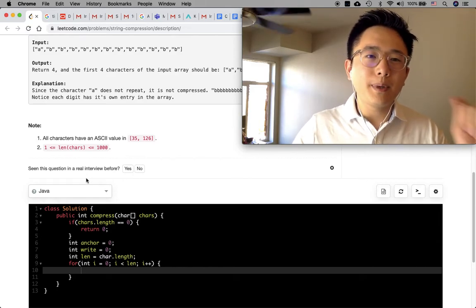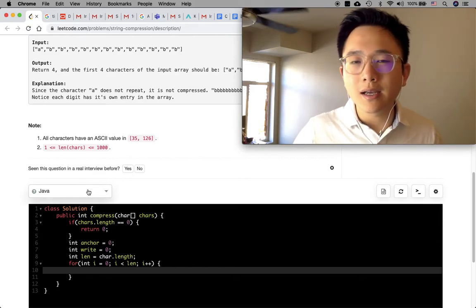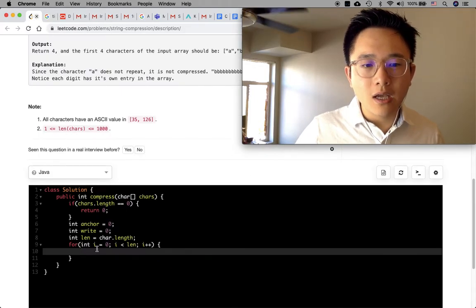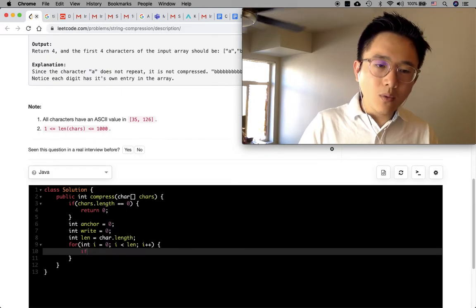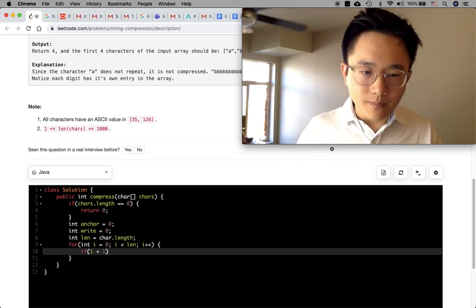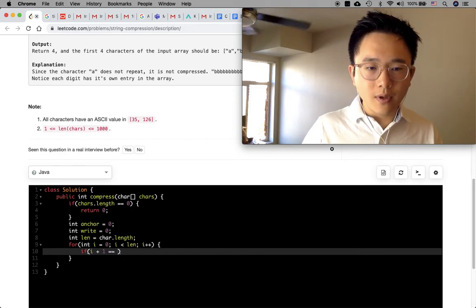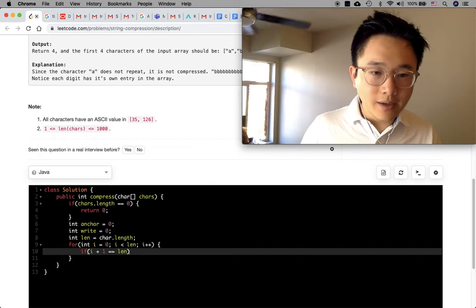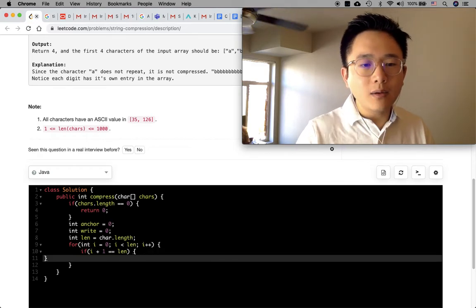But if we have reached the end of the string, we're going to get an index out of bound exception. So first we will have to check if I+1 is equal to length,